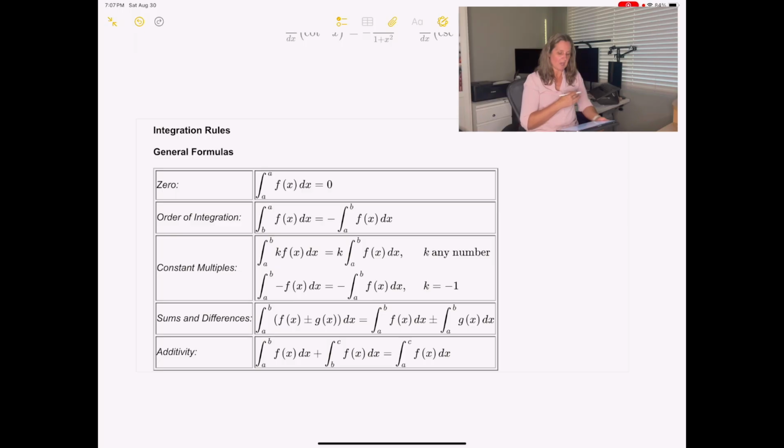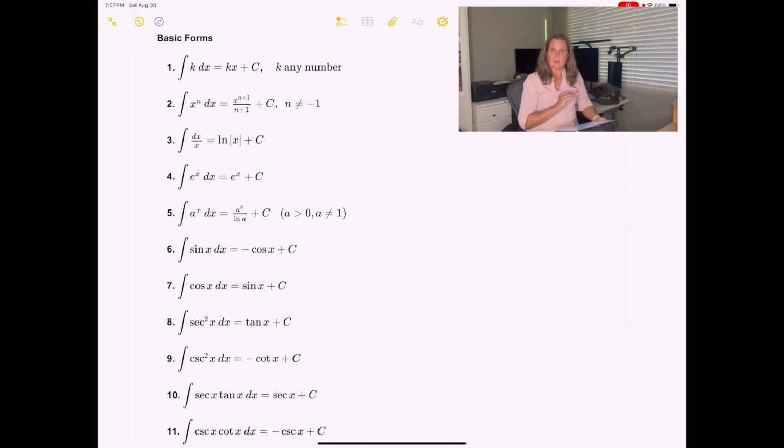it's the same thing as integrating function f of x on the interval a to c. If I have to list the most important basic integrals that we need to remember for Calculus 2, it would be the following 11 integrals. Integral of a constant, integral of a power function, integral of function 1 over x, exponential functions, and trigonometric functions: sine, cosine, secant squared,